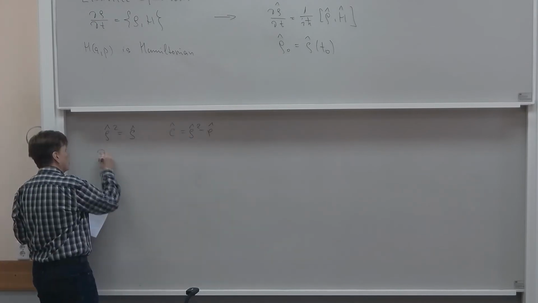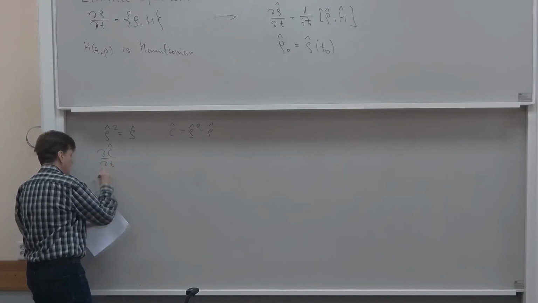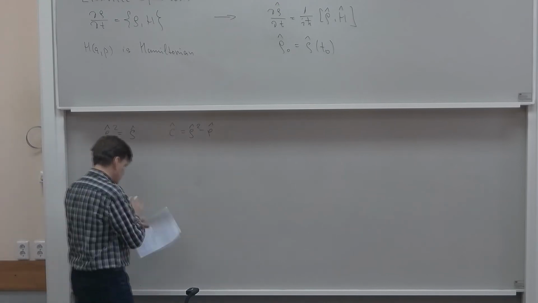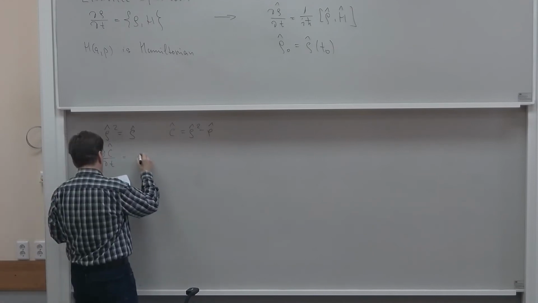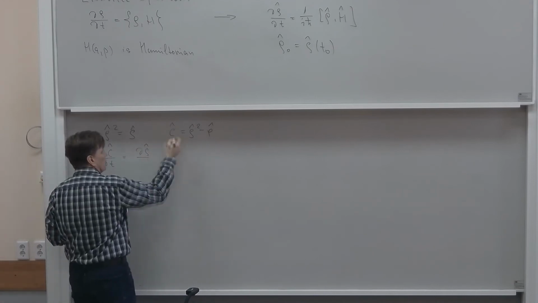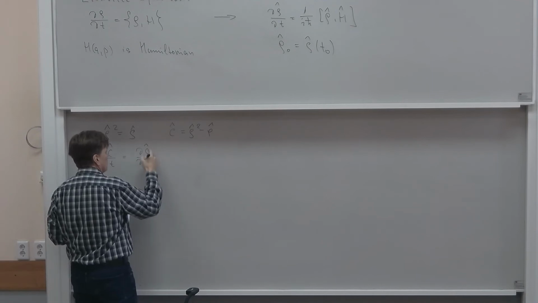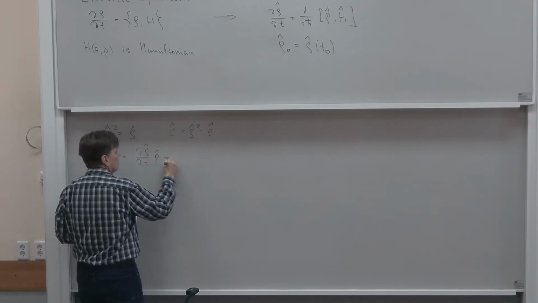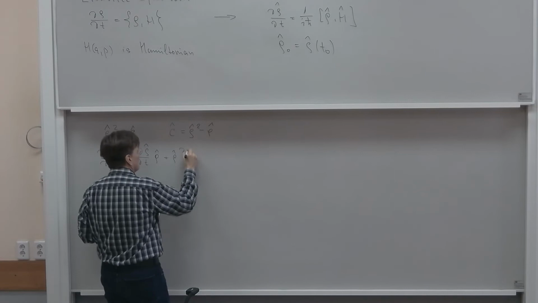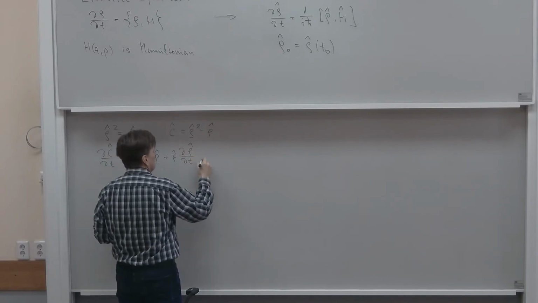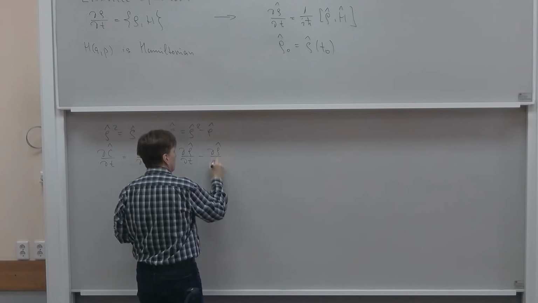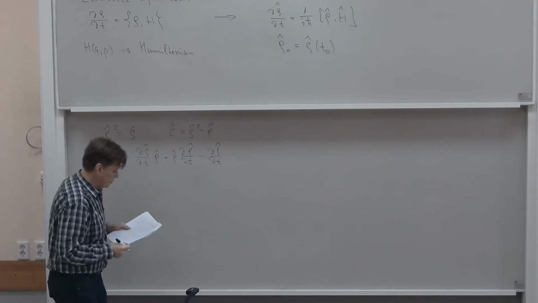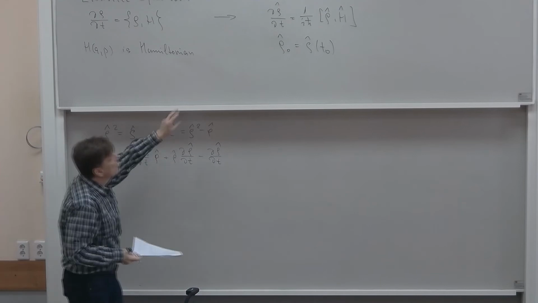We get dC by dt is given by the Leibniz rule: I get d rho by dt times rho plus rho times d rho by dt minus d rho by dt. And now using the von Neumann equation up here, we can